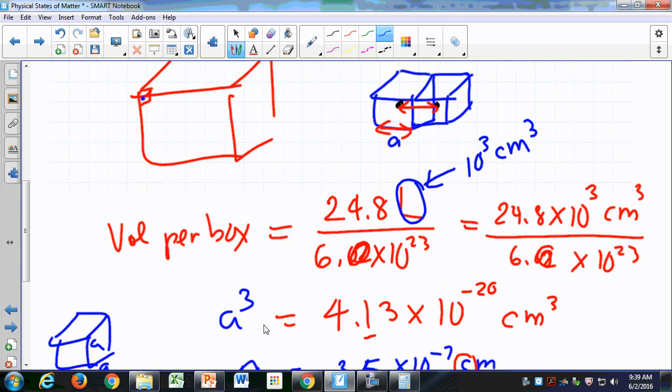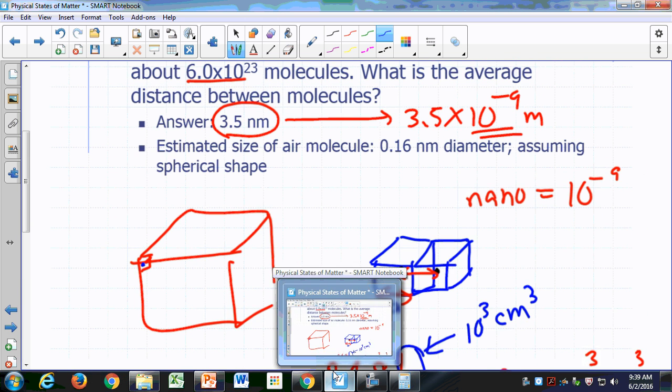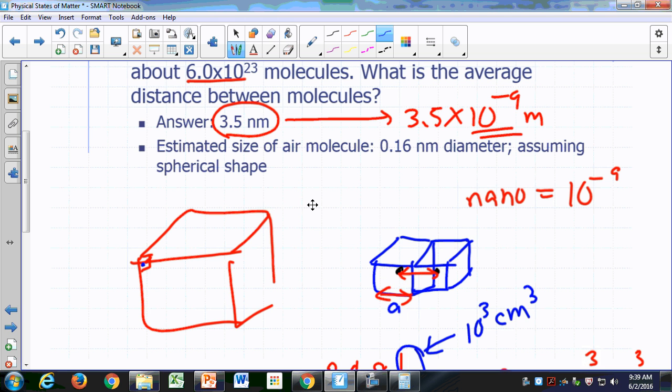So that would be the average distance between any pair of molecules, neighboring molecules in neighboring boxes, if you think of it that way. If you spread them out, just so you get a feel for what the average distance is. The important thing to realize here is that you compare this number to the estimated size